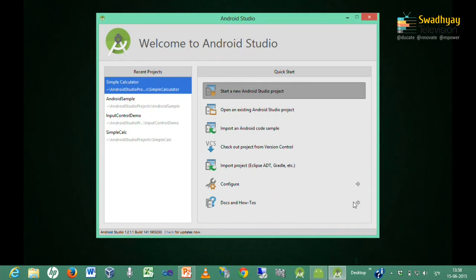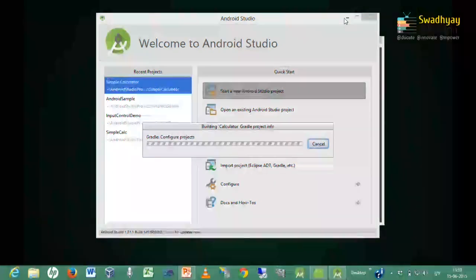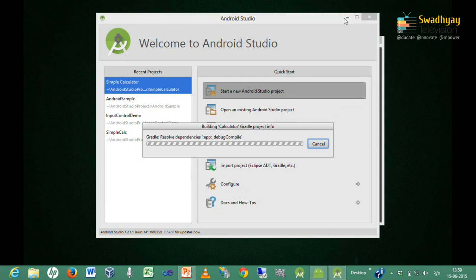So it will create one project for me. So it starts creating project for us. Now once it is done, this welcome screen goes and Android Studio IDE screen will open with content that we have specified.